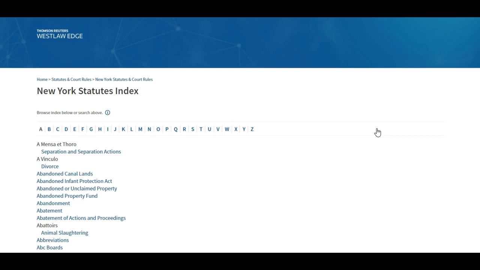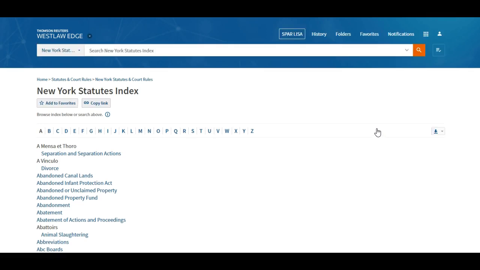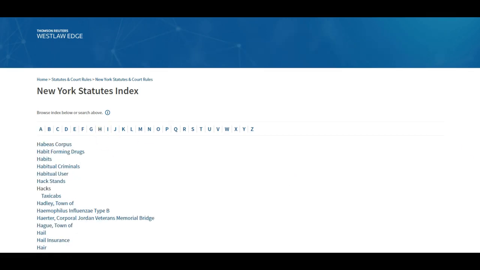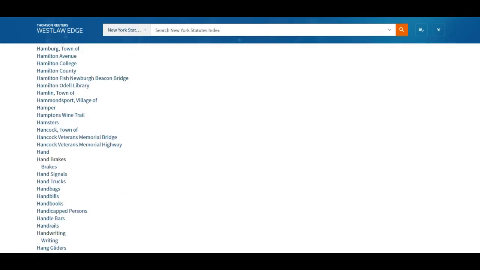And I'm actually not a fan of using indexes online. I personally go to the books, but it's here and it's easy to get to. So taking a look at the index, we could actually do a keyword search, or we can browse. So if we go to H for health maintenance and then browse down,